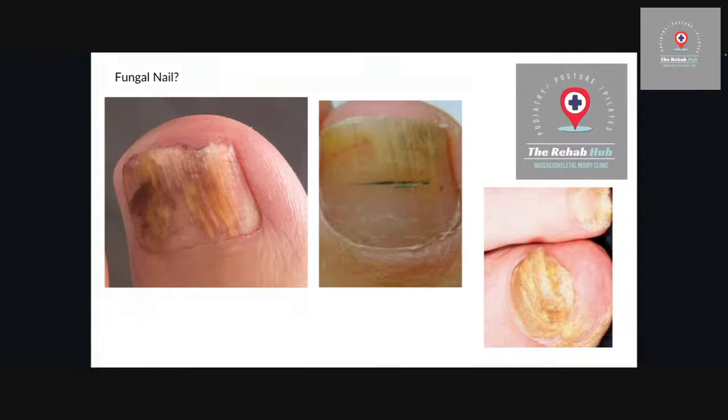And with a nail like that, that's actually a good candidate for what we do, the lacuna method in clinic, where we would drill into that fungus and treat the skin underneath. So that actually, I wouldn't go to surgery for that. I would treat that conservatively, that fungal nail, rather than taking the nail off, because there's a good likelihood that